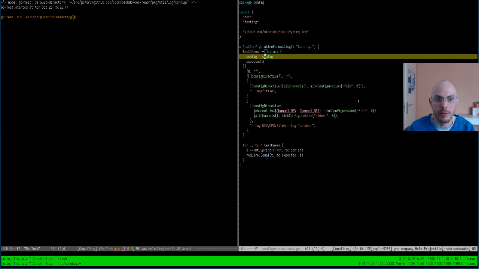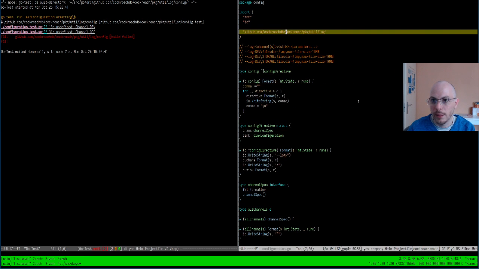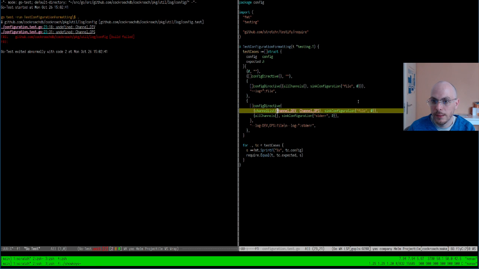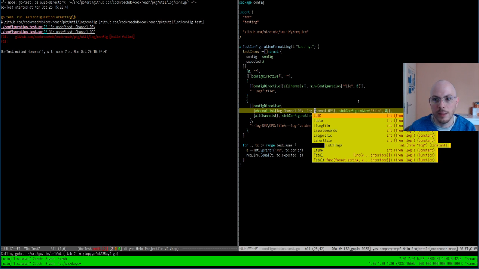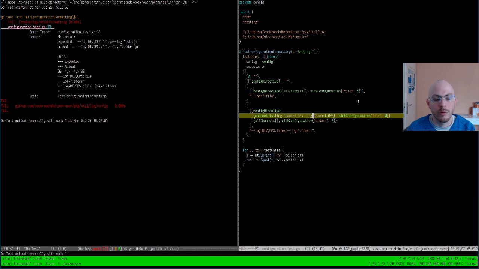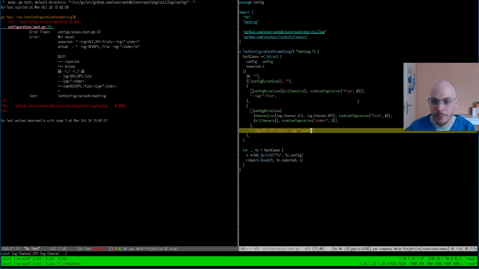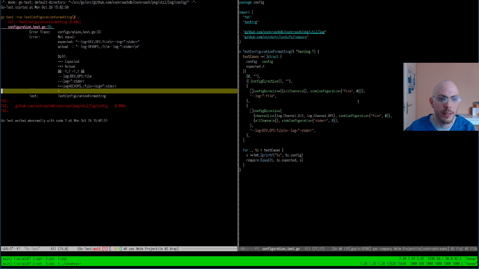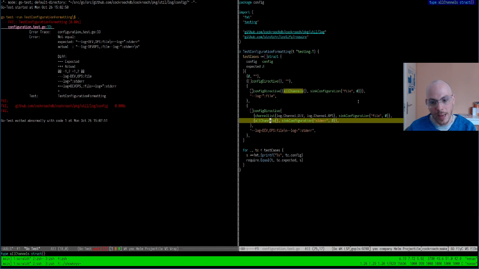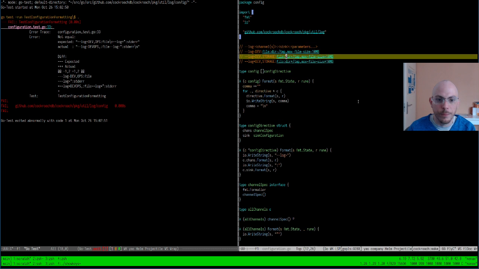And now if I try this, it's going to be faster because now I'm not recompiling the log test code every time, and I get my results much faster. I'm also getting some information about my test failures that I made another bug. I'm okay with that. This is what testing is for.